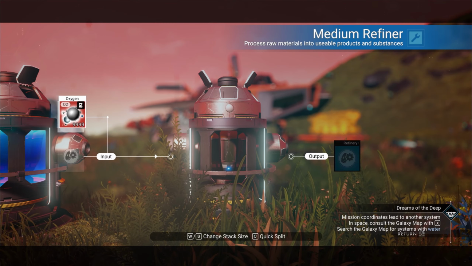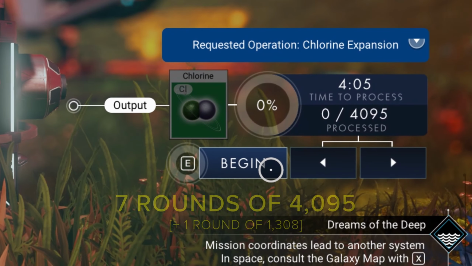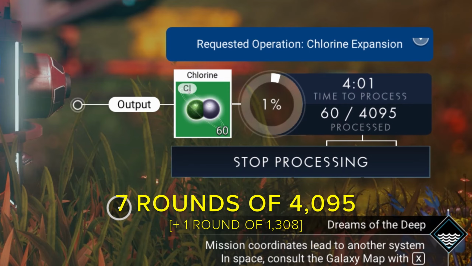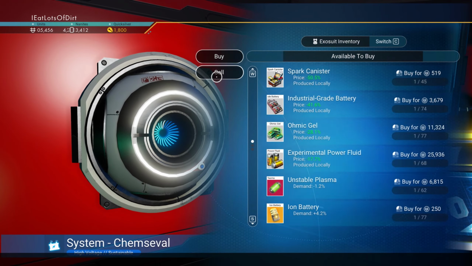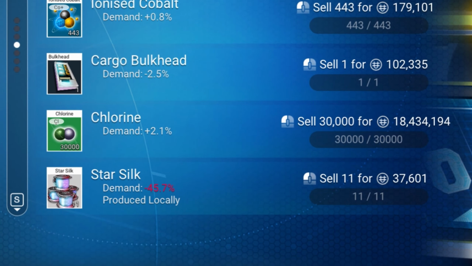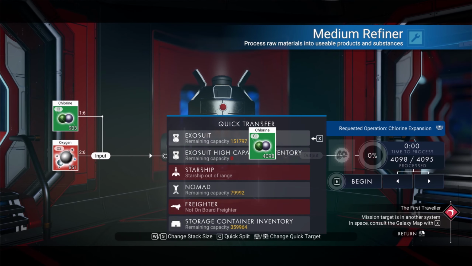Throwing in a full stack of oxygen and half stack of chlorine will max out the refiner, giving you 7 rounds of 4,095 chlorine that take 4 minutes and 5 seconds each. Just from that starting point, you'll end up with 30,000 chlorine you can sell for 18 million. No big deal. And if you're anything like me, you'll get a taste of that sweet chlorine rush and want